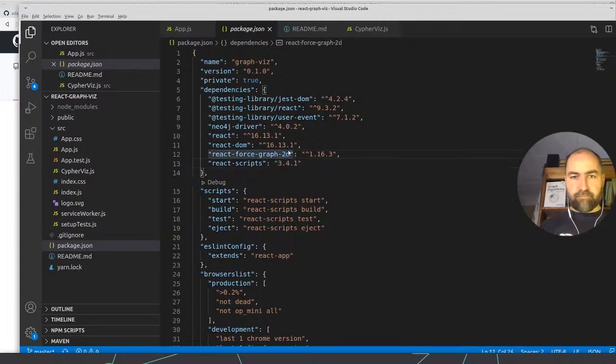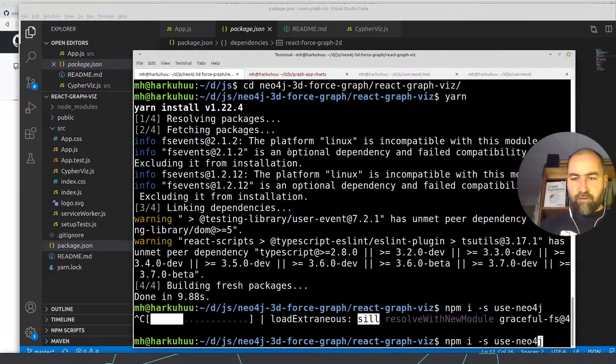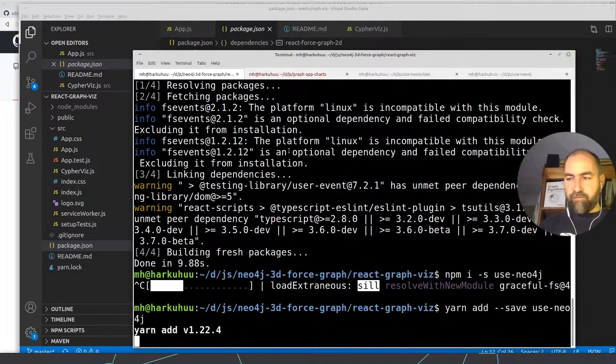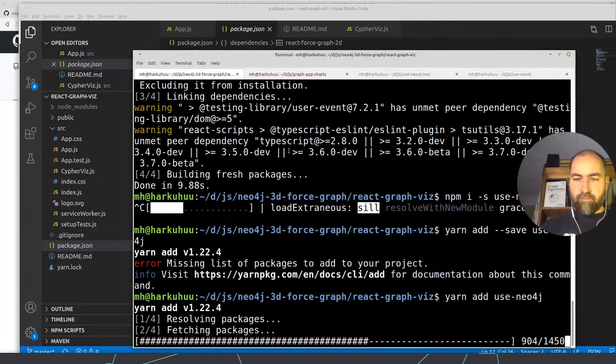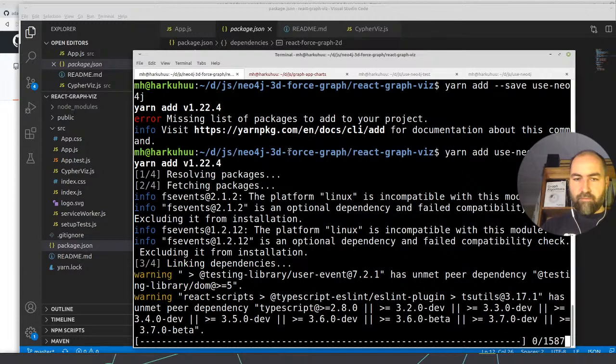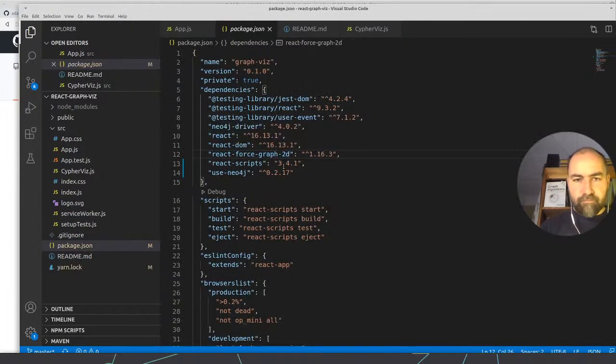I should have used Yarn, I guess. Yarn add. Do you have to do save in Yarn? I forgot. Okay. Now we have use Neo4j in here, and now we should be able to use it.